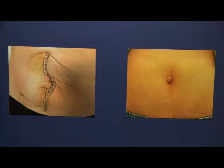All right. Well, the picture on the left is a midline laparotomy incision that would be the incision often used for performing an ovarian cancer surgery on a patient with a large tumor. In this case, we're talking about a 17-centimeter tumor. And as you can see on the right, because this procedure was done laparoscopically through a very small umbilical port, we were able to do an in-bag morcellation procedure to remove the mass,